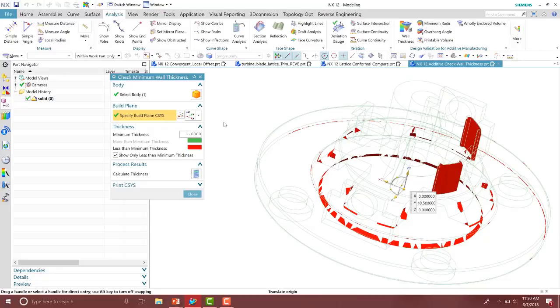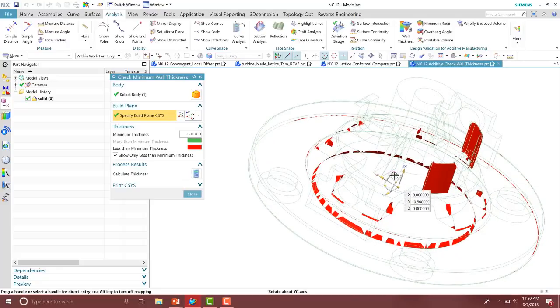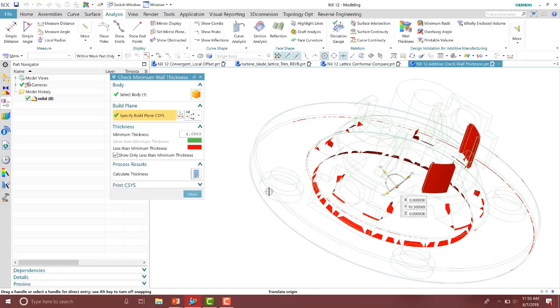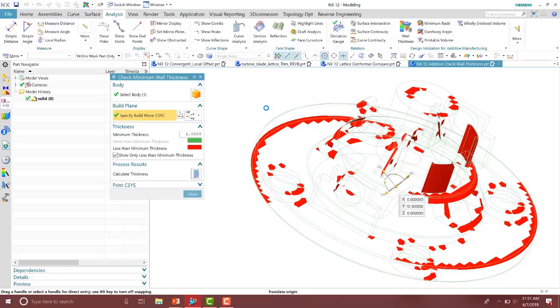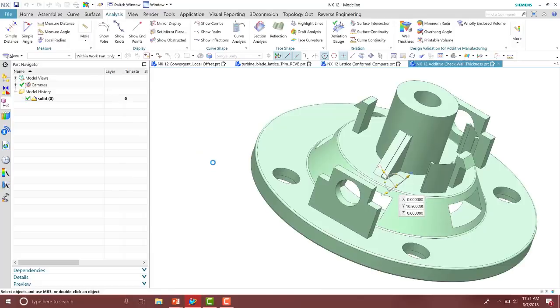So notice it shows those faces that are less than a millimeter thick. What happens with the ceases is if you have it off angle and then calculate that, it's going to look at that z-axis and the minimum thickness where it is normal to that face. So it's specifying the other thicknesses now. Make sure that your coordinate system is squared up, and then you can use the wall thickness validation